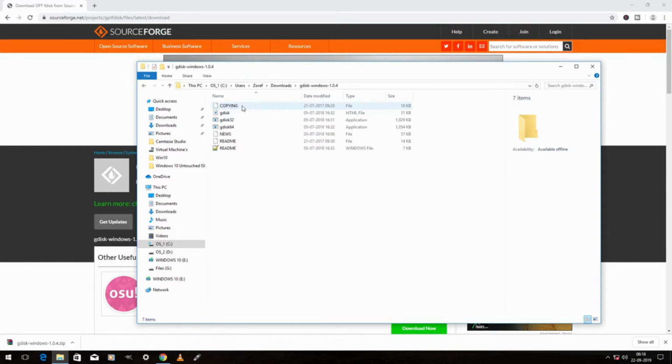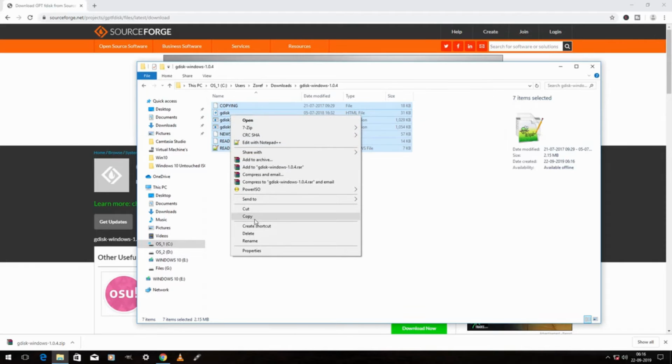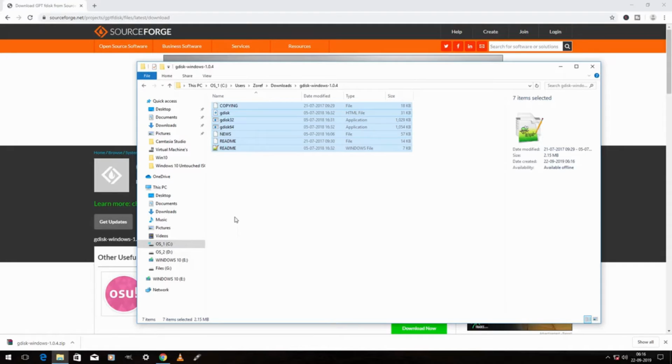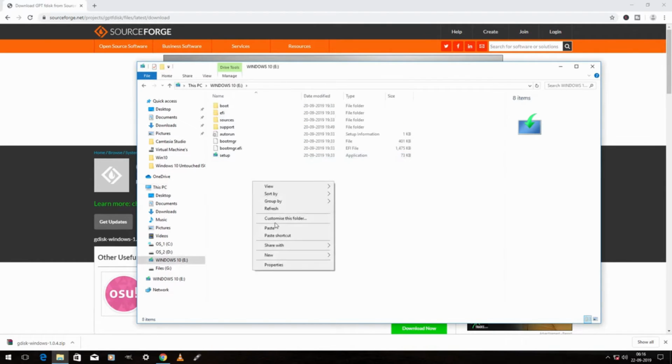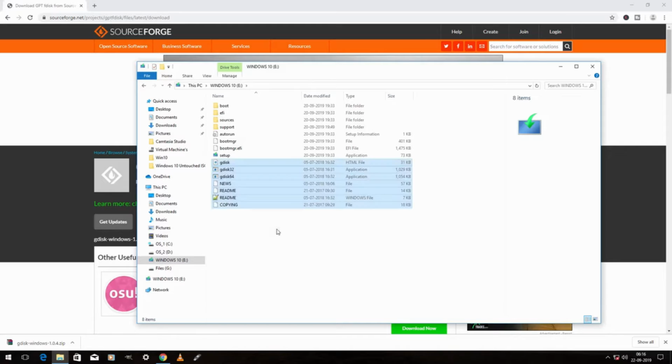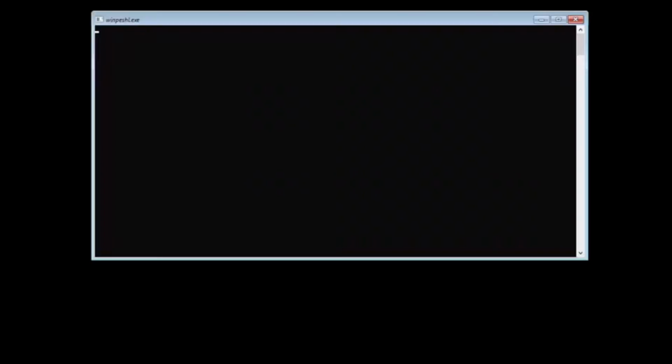Go inside the folder and copy the files. And I have a Windows 10 bootable USB with me now. Just paste the copied files inside the bootable USB or DVD and now boot up the USB.